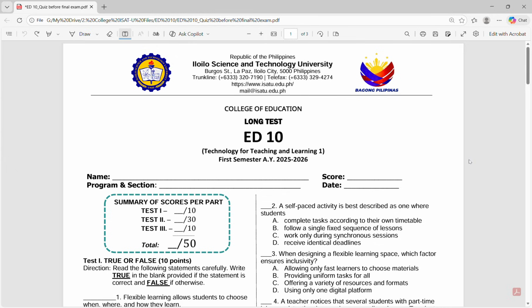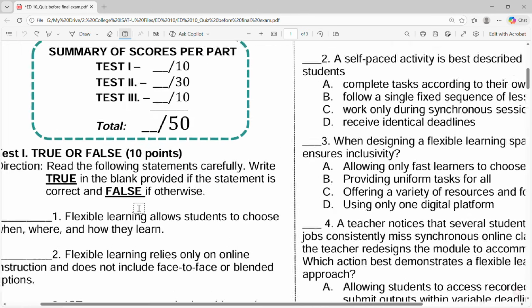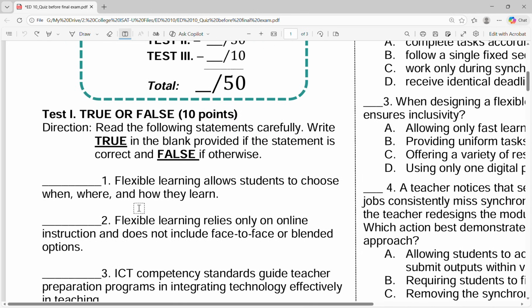So I really encourage you to listen attentively to the explanations, because in the explanations I would be sharing as well some other key concepts that we have learned during the discussions that might come out as well during the final exam that you would be taking tomorrow. So, without further ado, let's begin rationalizing with the first type of test that you have taken in your long test before,